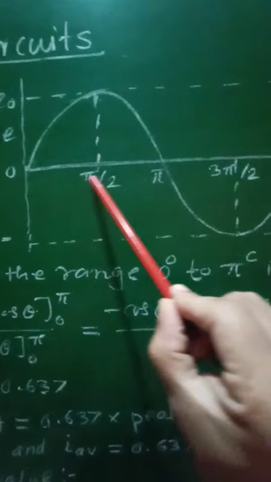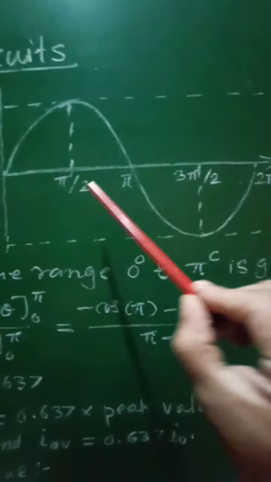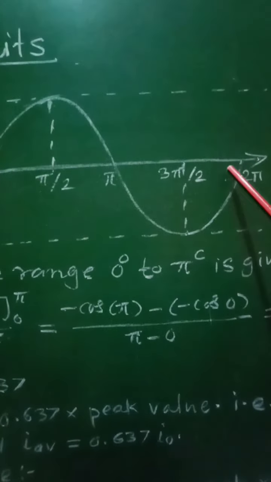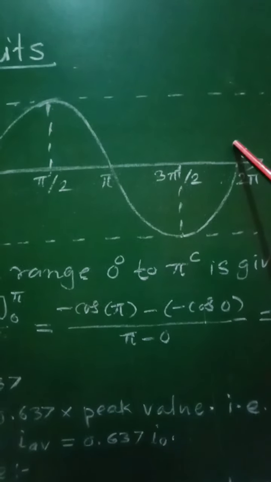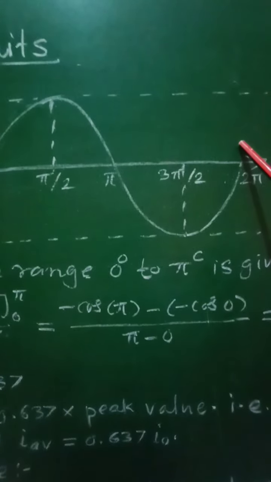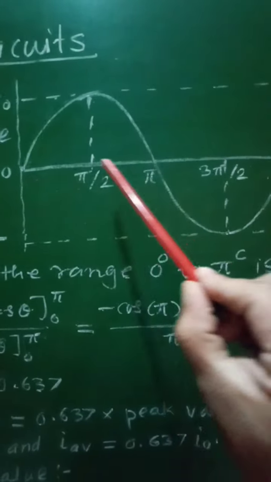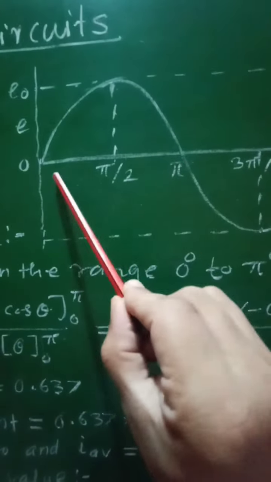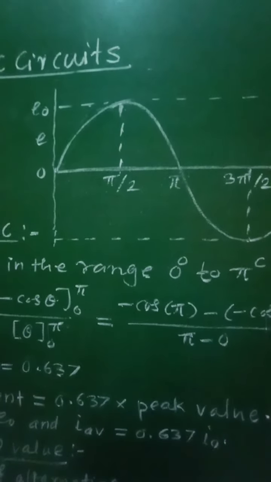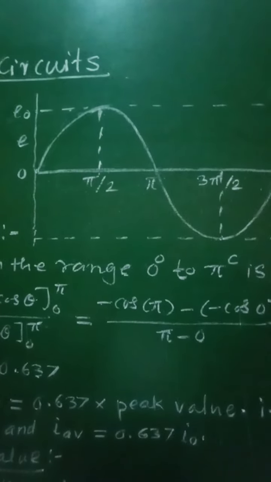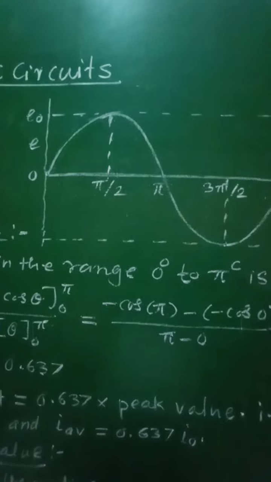So for a complete cycle of the coil, the phase difference will be equal to 2 pi, and therefore the corresponding period will be equal to capital T. Then for half the cycle, period will be equal to T by 2 corresponding to pi,